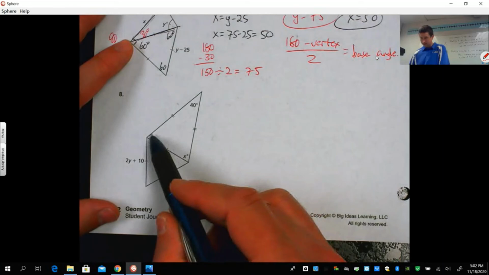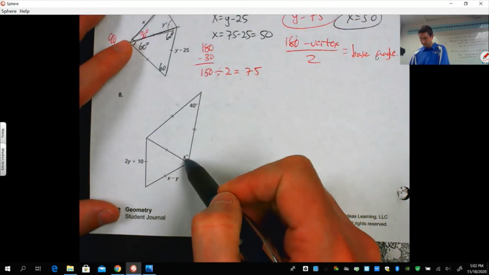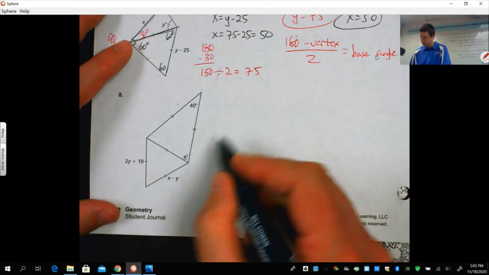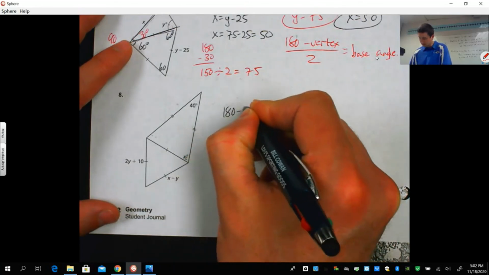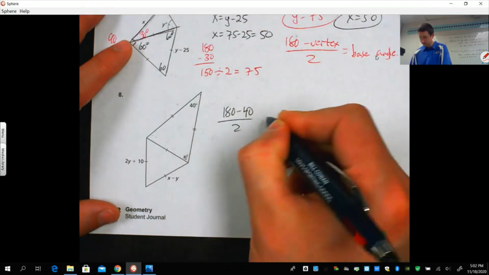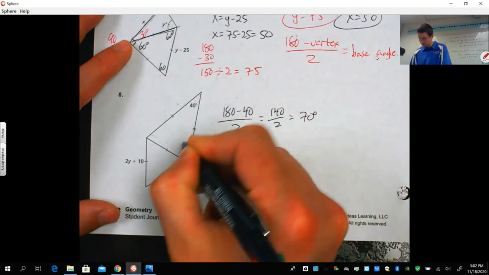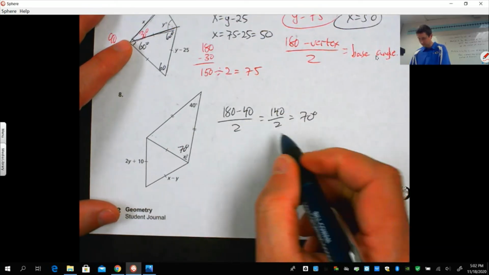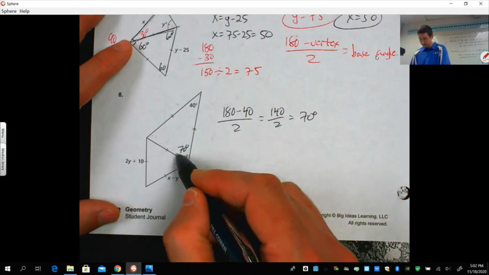Okay, again, isosceles triangle. We have a vertex angle of 40, so let's find these base angles here and let's get our x value. So if we want the base angle, we have to take 180 minus the vertex divided by 2. That's 140 divided by 2, so that's going to be 70 degrees. So this is 70 degrees. That's x. These have to be the same, so I know